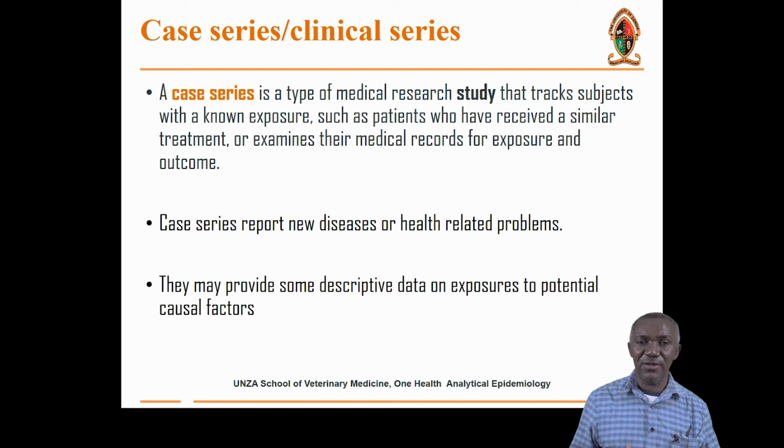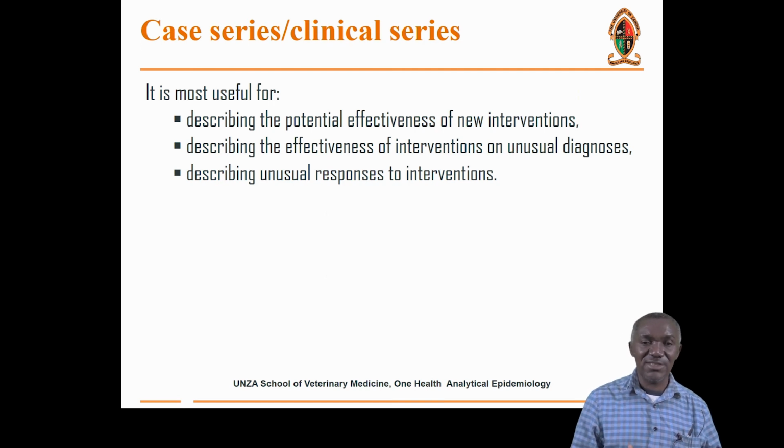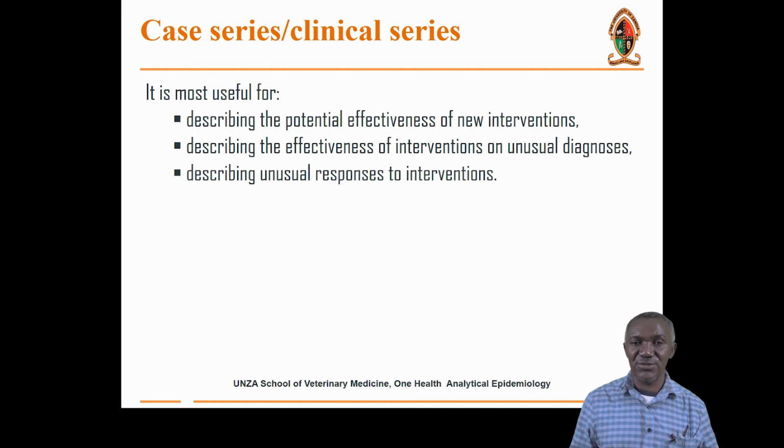So, clients or people are coming, and you study them with respect to a certain exposure, and then you follow up on what the outcome is. For instance, some may be given treatment as they come to the practice, and then you follow up on what the outcome is for those. So it is most useful for describing the potential effect of a new intervention. We're saying that if there's an intervention, as people come and maybe there's a new drug on the market, and the clients are given this drug, you may use the case series to establish the potential effect of such an intervention. But it can also be used to describe the effectiveness of an intervention or unusual